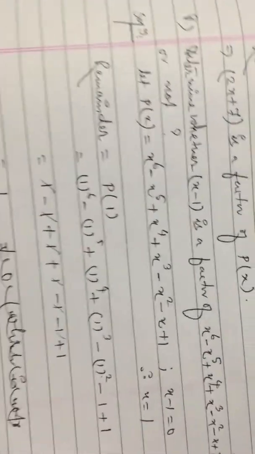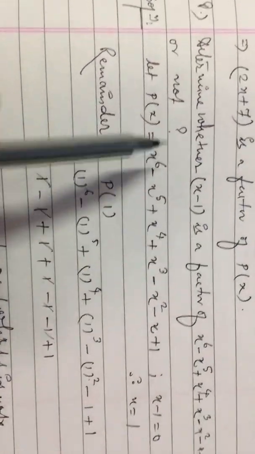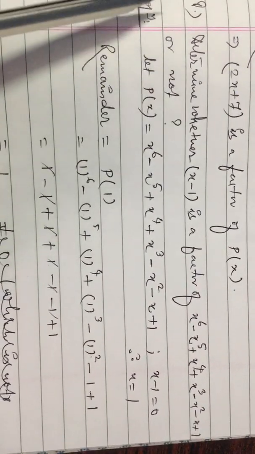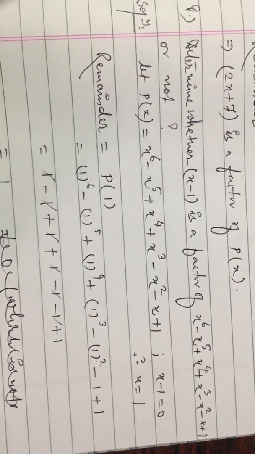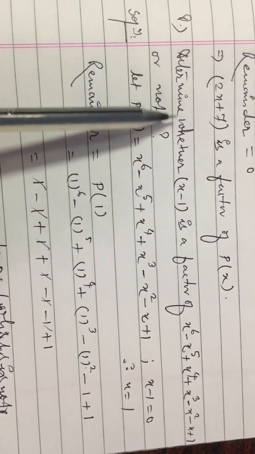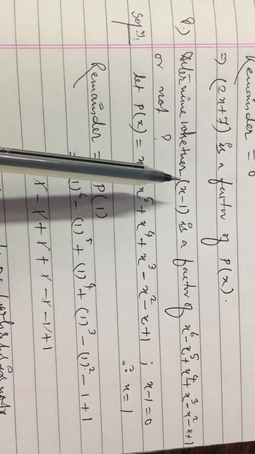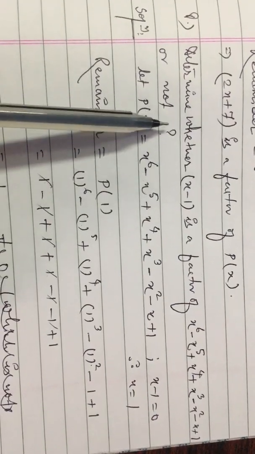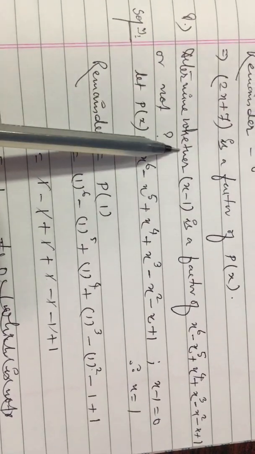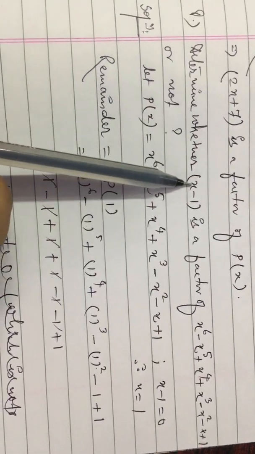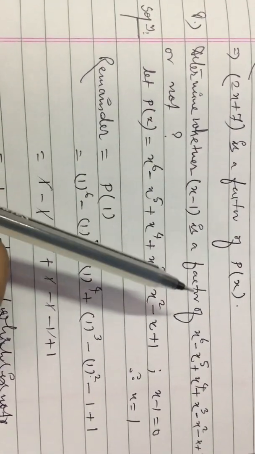See one more example. In this question it is written "determine whether". Whatever we have solved in the previous, that is written "so that". If it is written "show that", it means that will be a factor. If it is written "prove that", it means that will be the factor. If it is written "determine" or "check whether", in that case it may or may not be a factor.